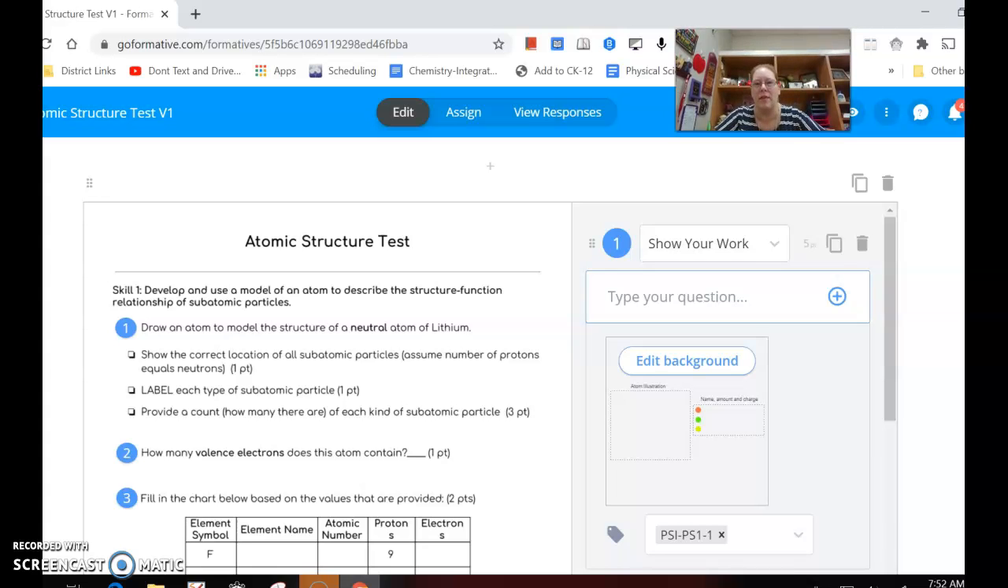Hey, good morning. I thought I would go over this last test. Some of you I've already scheduled for remediation, and I thought I would walk you through the test as where I'm the student. So, first question says to draw an atom to model the structure of a neutral atom of